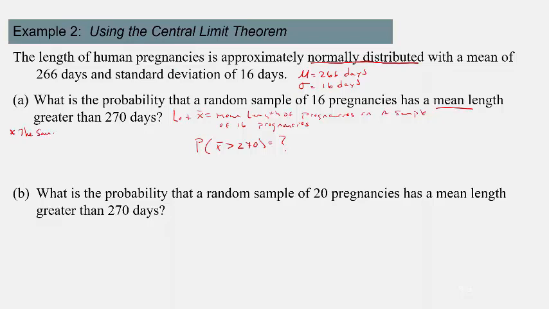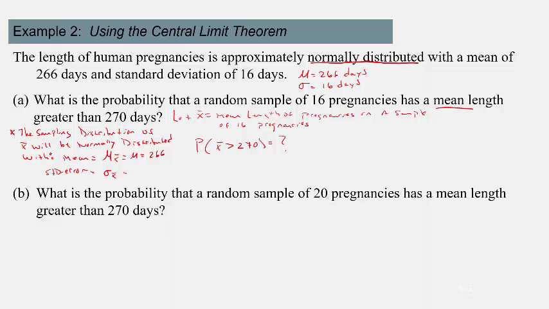sampling distribution of x bar will also be normally distributed, with, well, the mean we know is mu sub x bar, and that's equal to the population mean, so it'd be 266, and standard error,